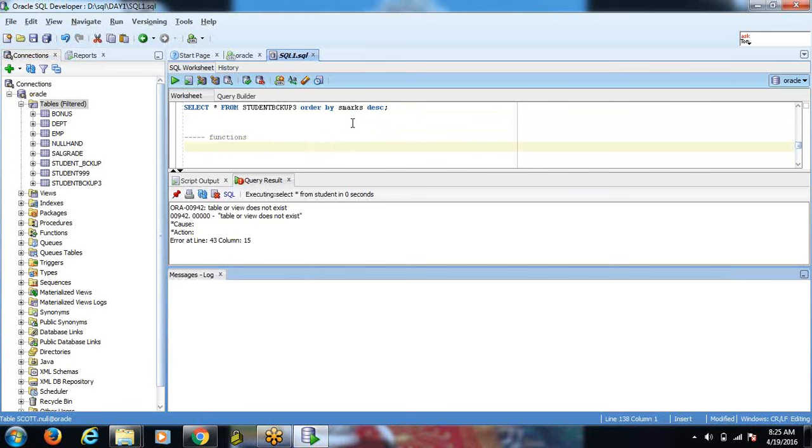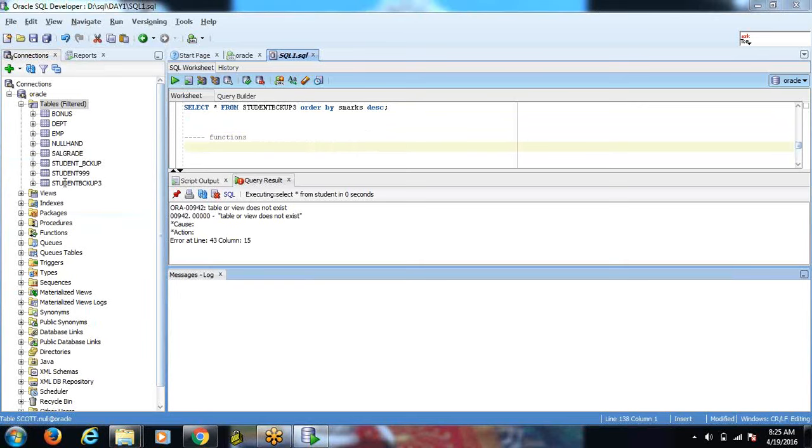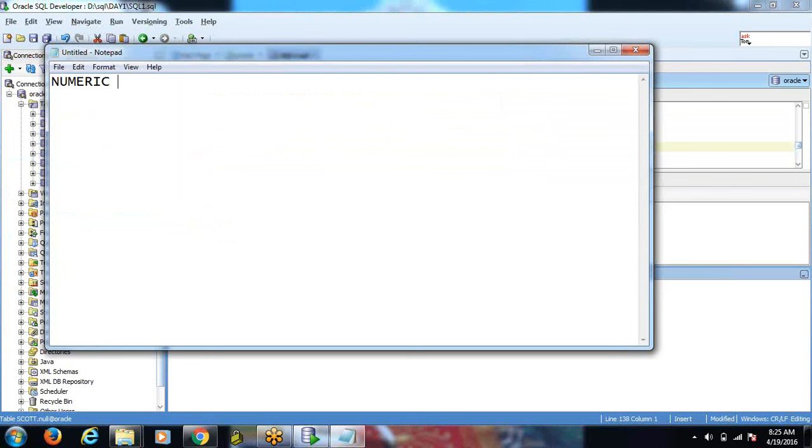Today in class we will discuss the concept of functions. There are different types of functions. The first one is numeric functions, and the second one is string functions.